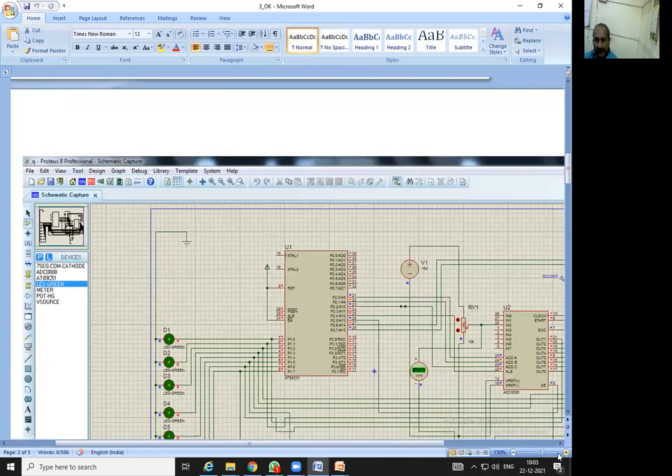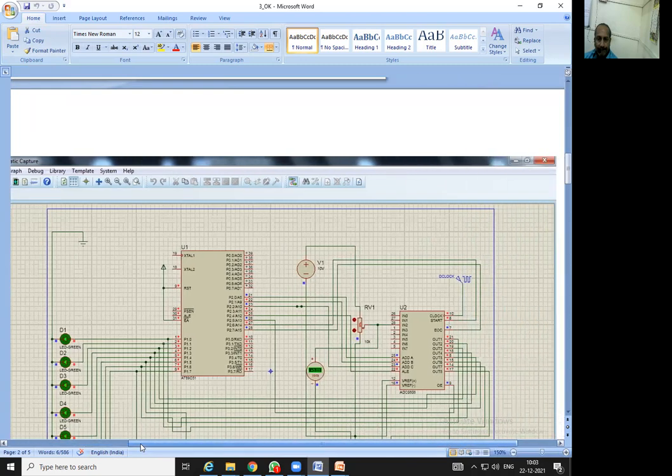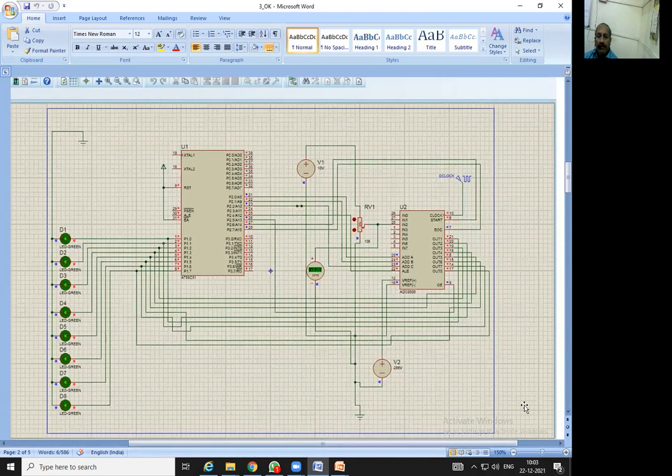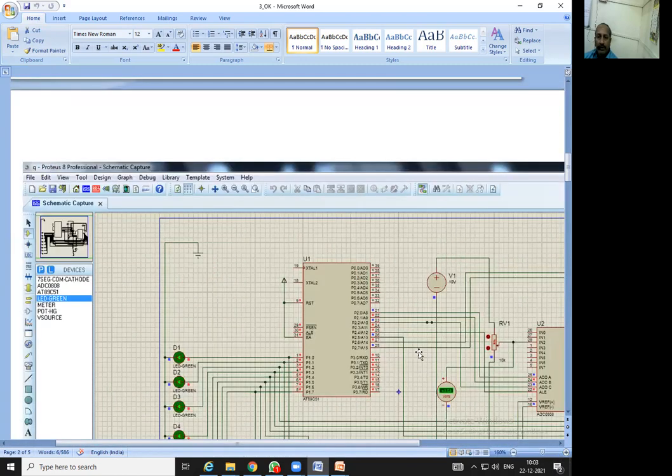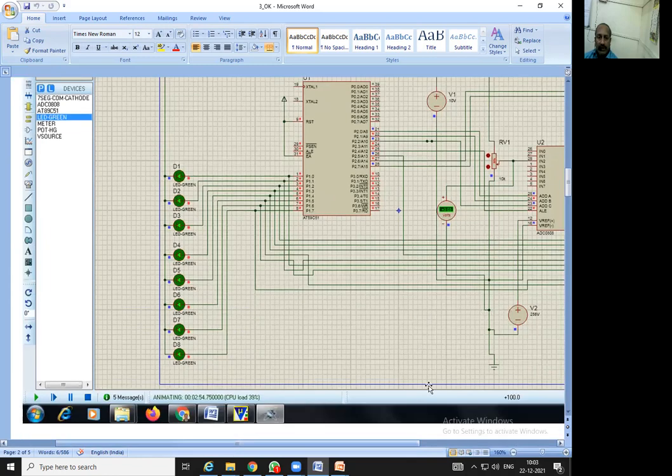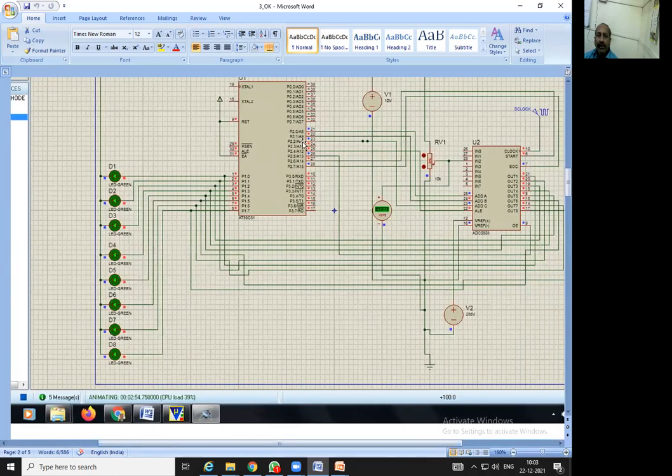Now I will zoom in a little more. As you can see, the 8051 port 2 is being used for the connection with this particular ADC. Let me zoom in a little on this ADC.